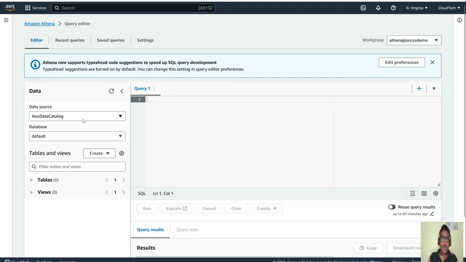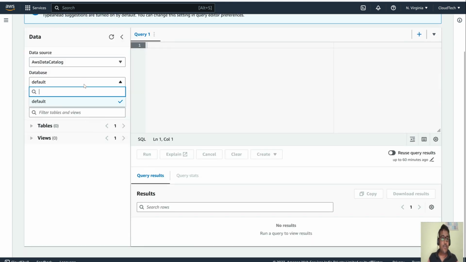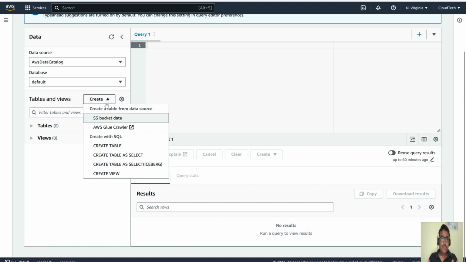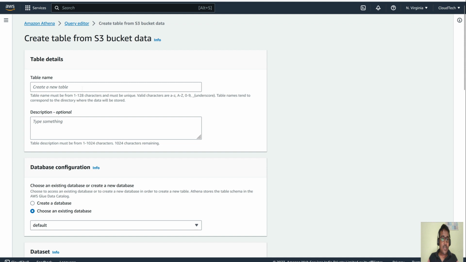so now go to the editor, and here if you see we have a default database, so we are going to create our own database for the CSV one and for the JSON one. So first let's create the table and views here. I am going to give the demo with both S3 and Glue. So first go to S3, this one I will do the CSV, and with Glue I will show you the JSON. Okay guys, so let's give the table